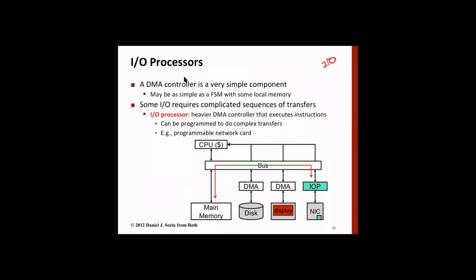Okay, now for Ethernet, the amount of data to be transferred is huge, and it's also more complex. So instead of simple DMA, we have something called an IO processor. It's a heavier DMA controller that also executes instructions. It can be programmed to do more complex transfers, like a programmable network card. We won't go into detail of this IO mechanism, but just remember that DMA is a very simple